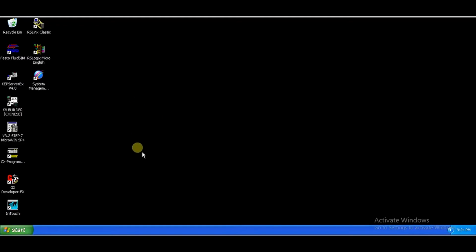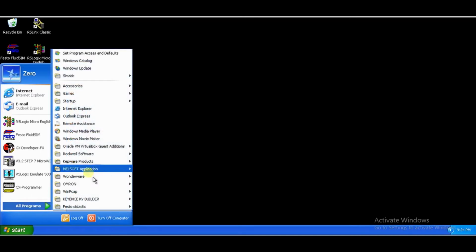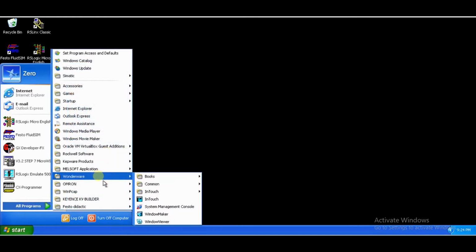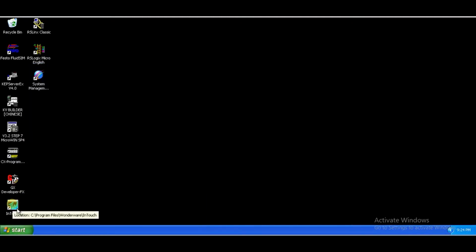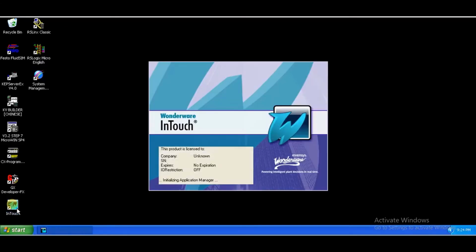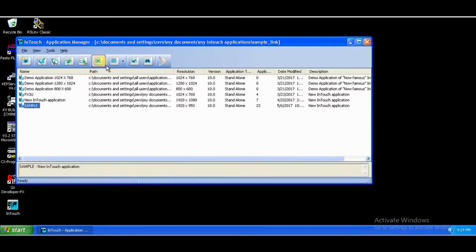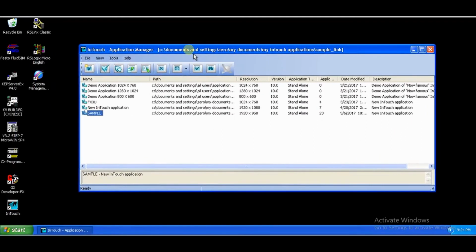To open the Wonderware InTouch, you may go to Start, All Programs, Wonderware, Wonderware InTouch, or just simply double-click on the icon on your desktop. Once you double-click, you will be going to what we call the InTouch Application Manager. In this application, you will see all the applications that you have made, all the HMI interfaces that you have made within a specific period, as well as some buttons that are useful in creating the Wonderware